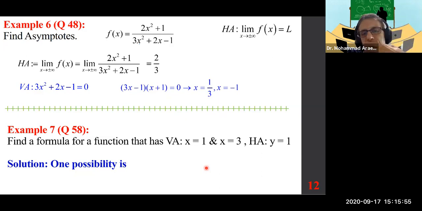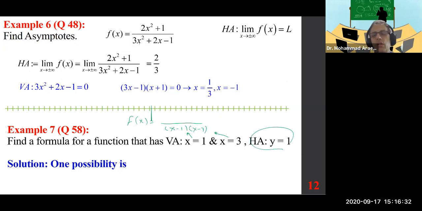Just as an example, if you have a fraction, x equals 1 means in the denominator you have x minus 1. So let's actually do it this way. Let's call it f of x or g of x or h of x, or whatever we call that. So x equals 1 gives us x minus 1. x equals 3 gives x minus 3. Because the horizontal asymptote is y equals 1, and I hope you see the degree of the denominator is 2,